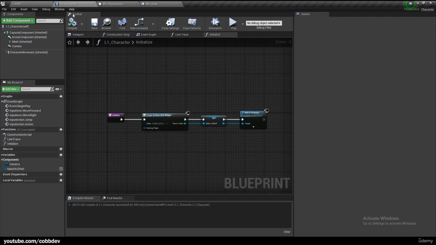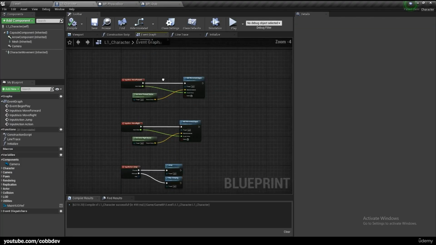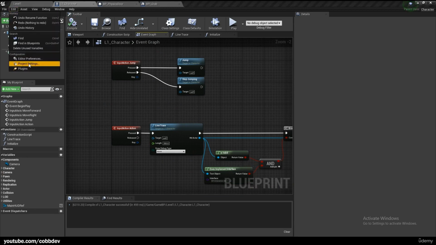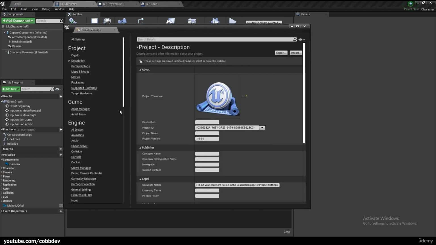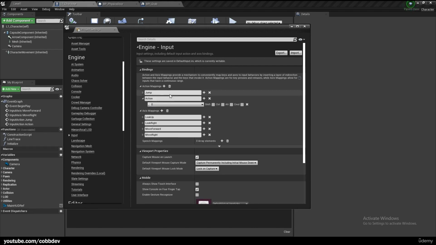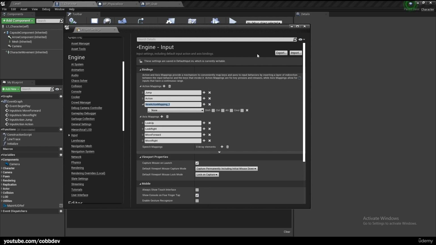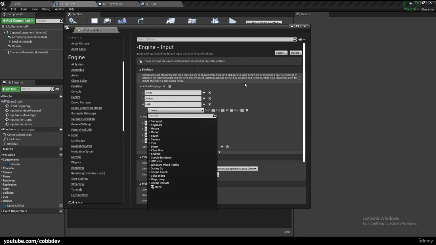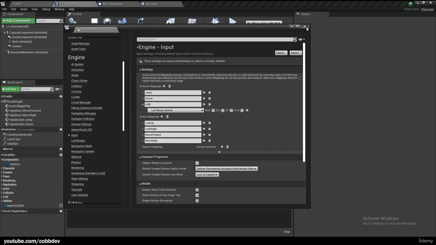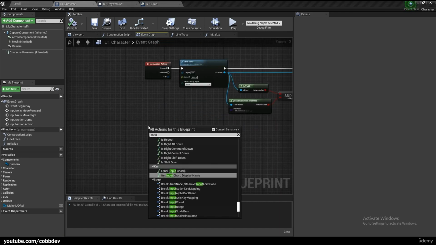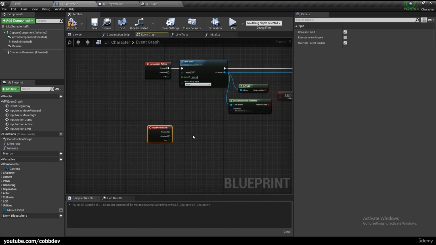So we want to use our left mouse click for grab. To do that, we'll have to add another input. So let's do Edit, Project Settings, go down to Input, and we want to add our action mapping. And I'm going to just call it LMB for left mouse button. Type in left mouse button, and we can close that. So in our L1 character, we can create input LMB,